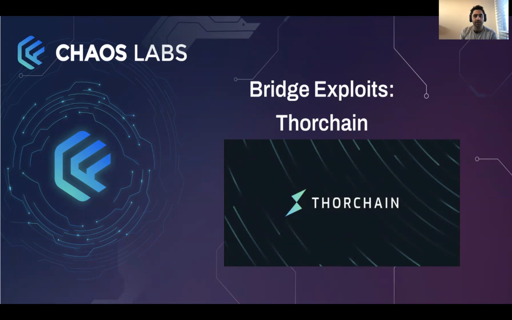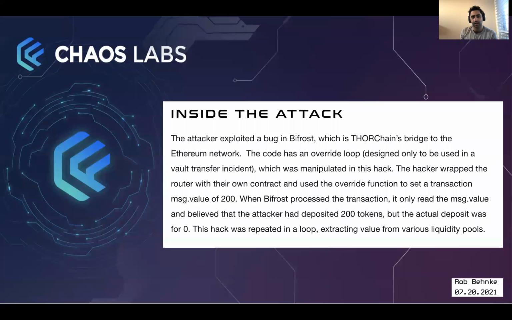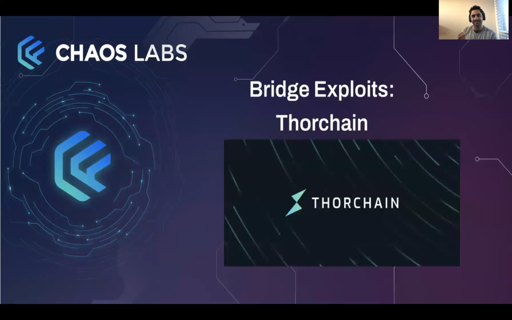One example is Thorchain, which has been exploited twice, I think, over the past year. Some of these attacks were really nice in the sense that they were complex and non-trivial, but they all have the same root cause, which is bugs in implementation. What we're going to focus on here, just because it's the most recent, is exploits happening in bridges which use external validators and federations.